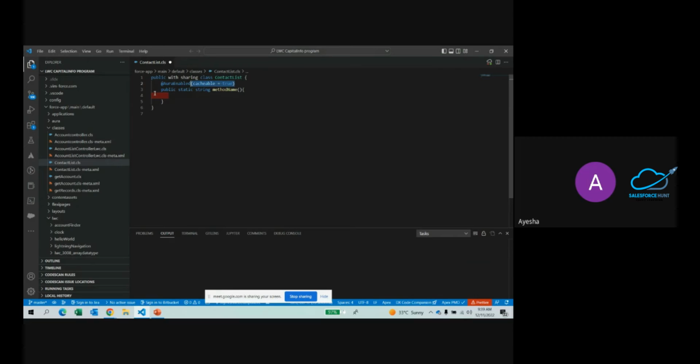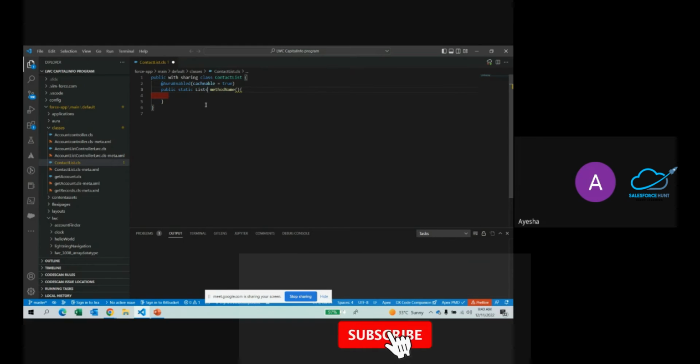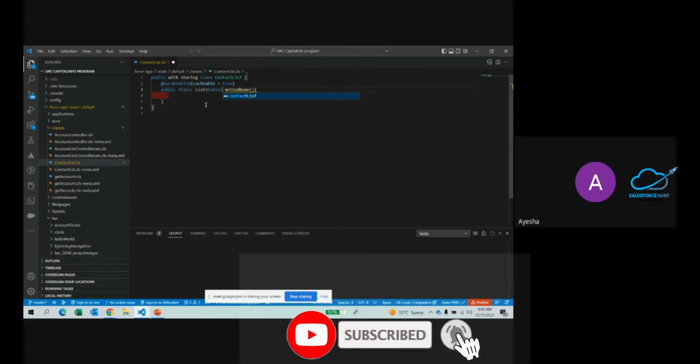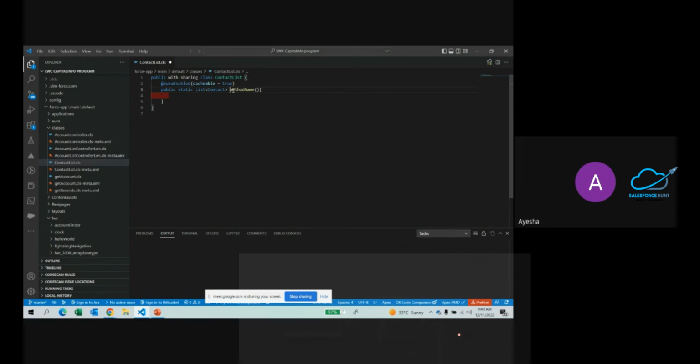With this annotation, I'm asking the system to use the cache memory. Otherwise, each and every time it will make a trip to the server, which impacts our performance. That's why I'm using cacheable equal to true. Now I just want to return the list of contact records, so I'm using a list. My method name is